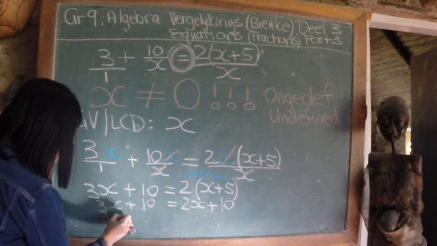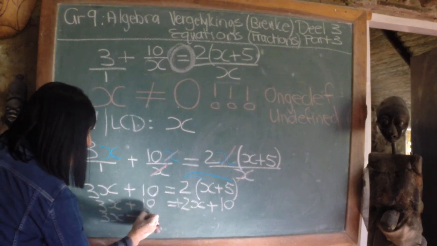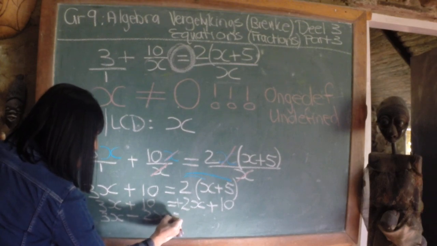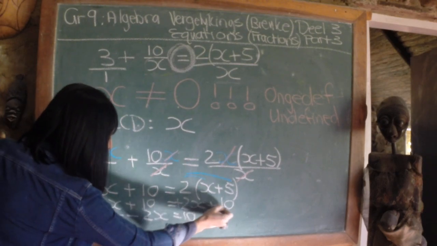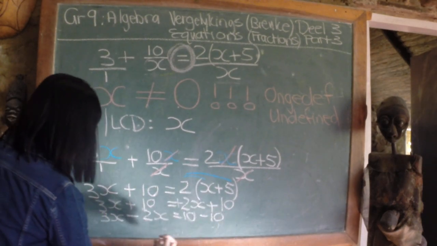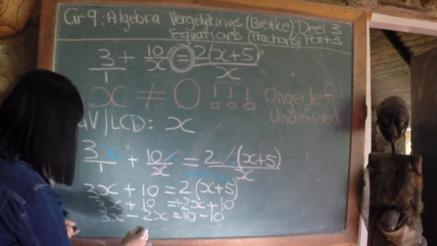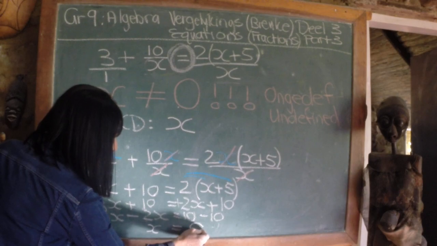Kom ons vat al die x's na die een kant toe. Hierdie plus word nou 'n min. Let's take the numbers to that side. It's 10 minus 10, and that gives me a 0. So x equals 0. But